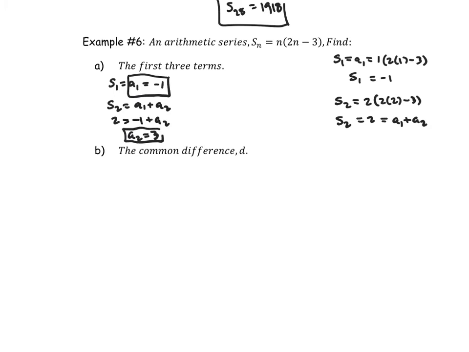So I've now found a sub 1. I've found a sub 2. I can find a sub 3 by finding the common difference. The common difference will always be any term minus the term before it. So in this case, it looks like the common difference is 4. That tells me then that a sub 3 would be a sub 2 plus 4, which will be 7. All right, so in the process, I found part B. The common difference, of course, is 4. Okay, let's keep looking. I think I've got a few more challenging questions here after some geometric work with sequence